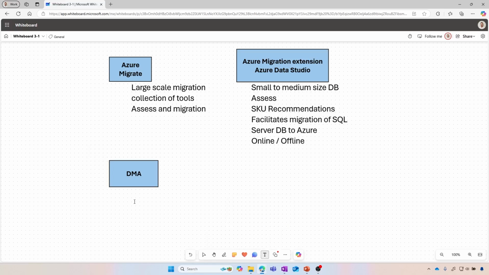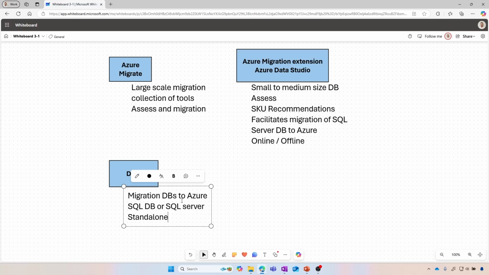All right, so interesting here for migration of database to Azure. Depending on if you want to migrate to SQL database or even SQL Server on VM, depending on the endpoint here, it's actually a standalone application.